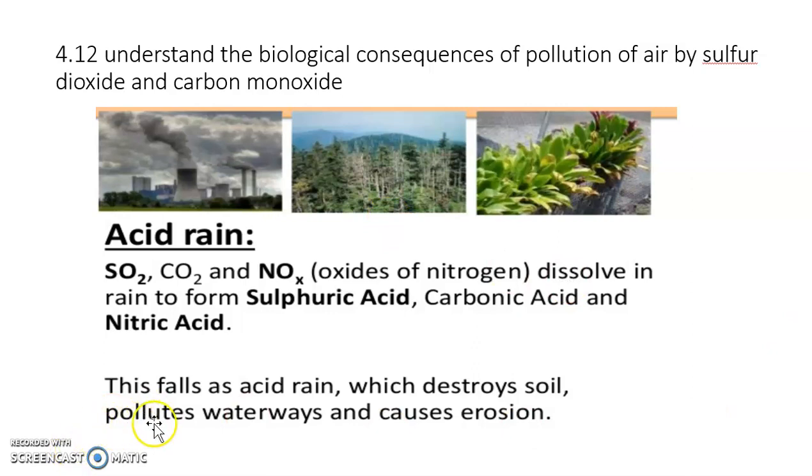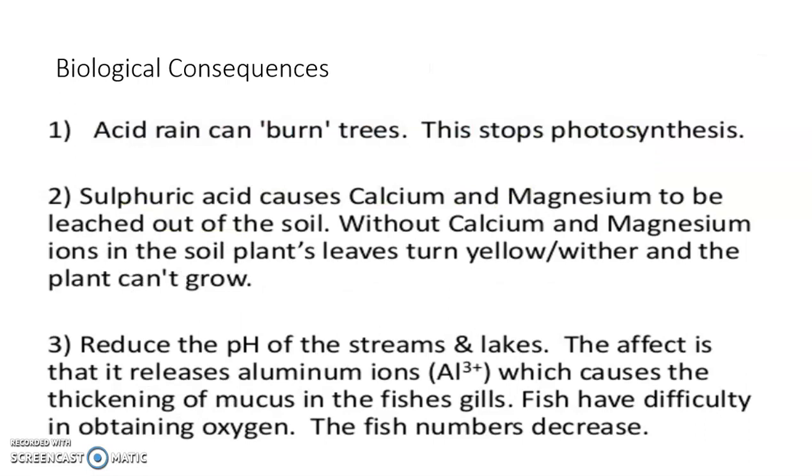We need to think about acid rain falling, its direct impact, its impact on the soil, and then the fact that waterways are also polluted, and it can also cause the leaching of certain heavy metals and cause erosion to take place as well, because of course it's acidic. So connect the idea of acid with what we already know about the internal metabolism of organisms, and the fact that the pH needs to be optimum for the enzymes to allow the metabolic processes of the organisms to take place.